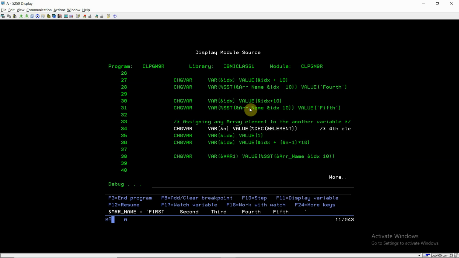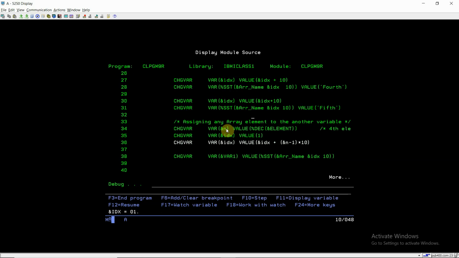Now I'm evaluating the fourth element in this variable var1. I'm converting this to decimal and passing it to variable n, which is a decimal variable. Now I'm reinitializing the index variable because it was set to 41 at this place.